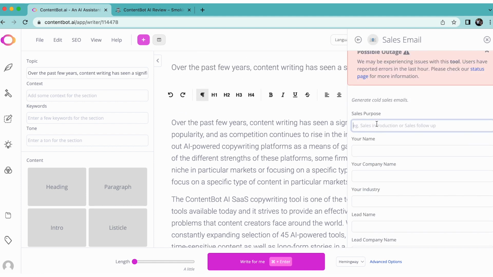Let's do a sales email. The sales purpose is getting developers to list their... let's see. It's kind of hard to give a purpose in 3 words. Getting developers to sell apps. Ooh, that's tough. Developers. Sales purpose. Selling listing software